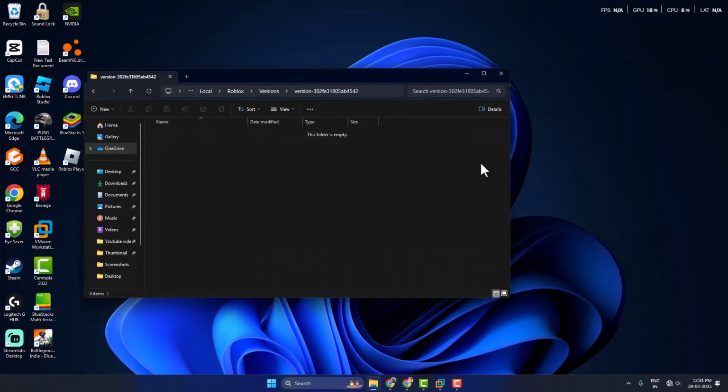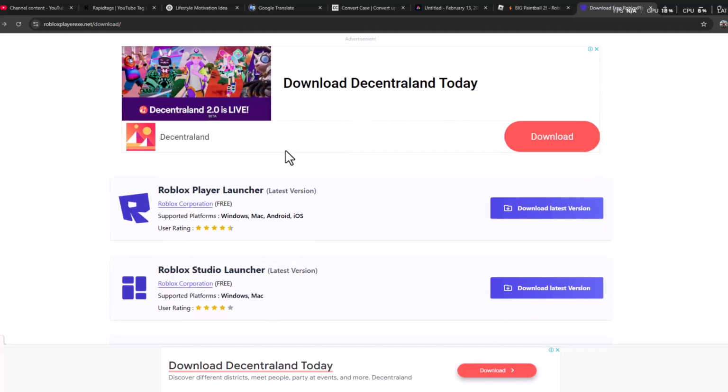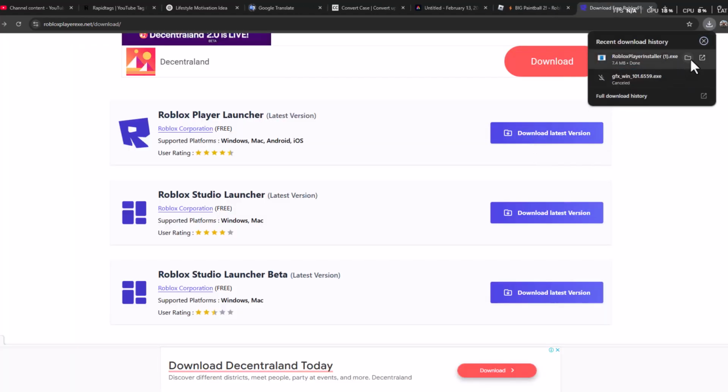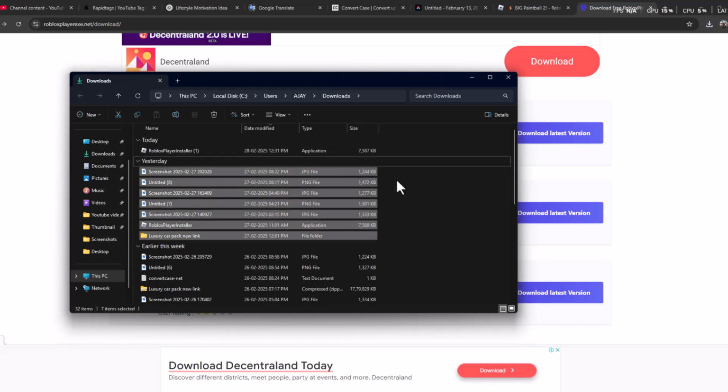If not, method 3: you just need to check my video description for this link. Scroll down, download the Roblox player launcher, select the download latest version option and it will download it. And select this folder icon. Now double click on the Roblox player installer and after the installation is done, you can check if the problem is solved